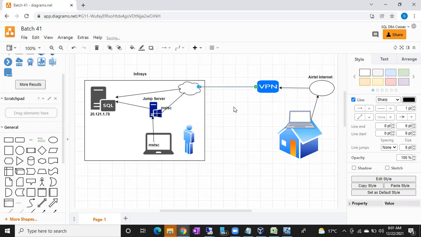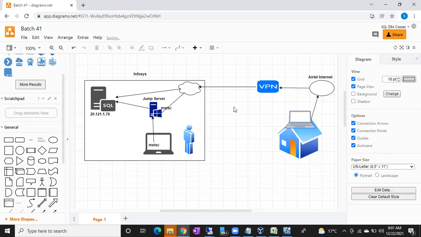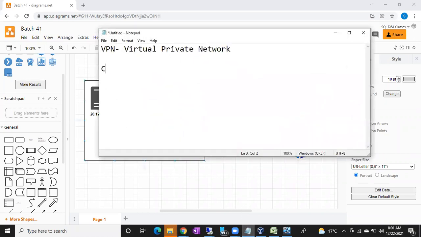So can anyone tell me any VPN softwares in the market? Cisco, Citrix, Pulse Secure. Very good. Cisco Pulse Secure is a VPN, and we have a lot of other softwares, like FortiGate.